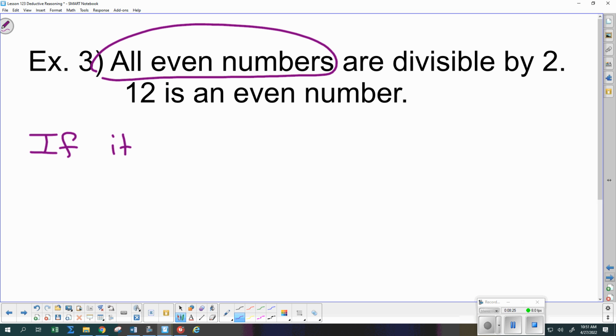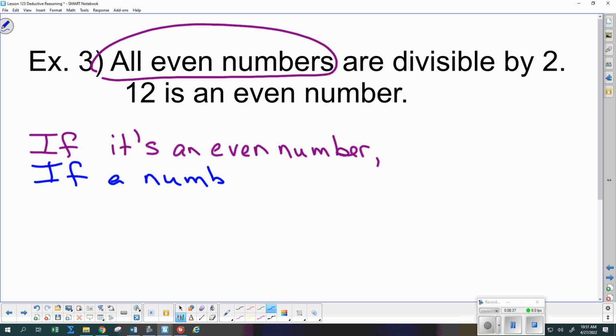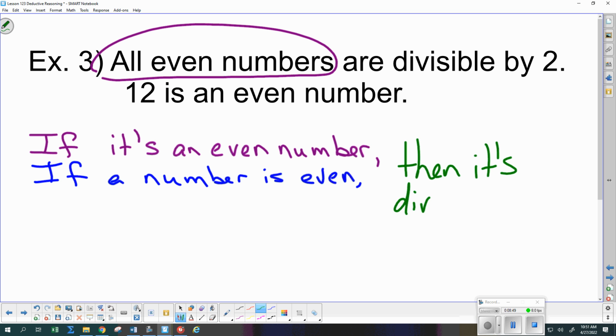So if it's an even number, or somebody else might say if a number is even, then it's divisible by 2. Is everybody okay with one or the other of those as for rewriting the major premise in if-then